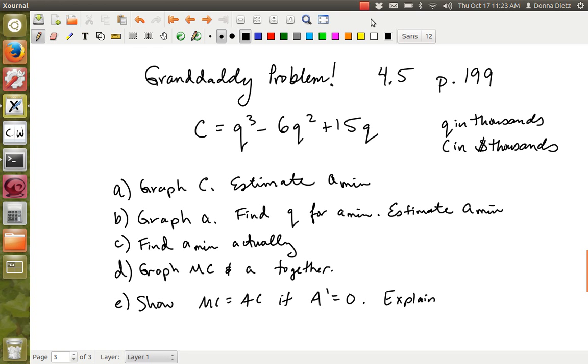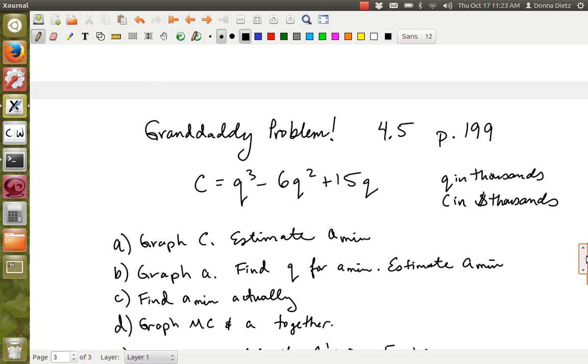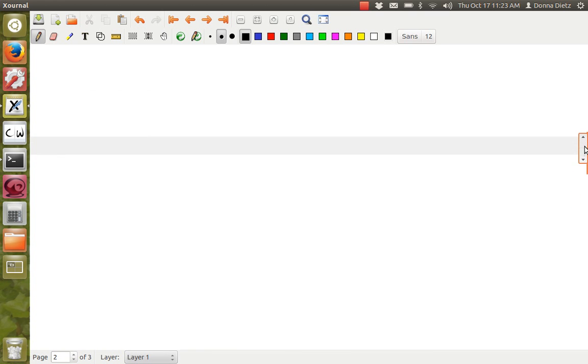Okay, so this is the granddaddy problem. This is 4.5, page 199 in the textbook. And this is one I expect a lot of people will want to watch the video on. Let me first tell you what the objective is, and thereby sort of review what we did the other day